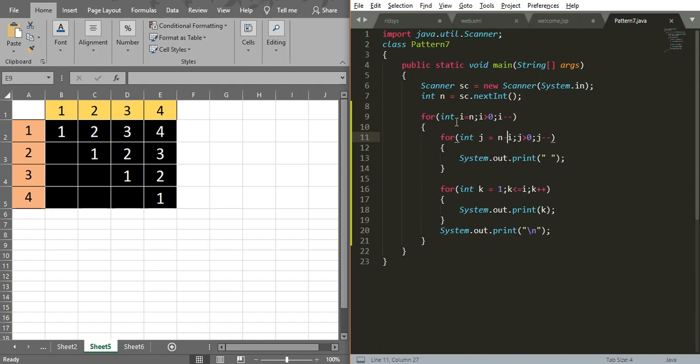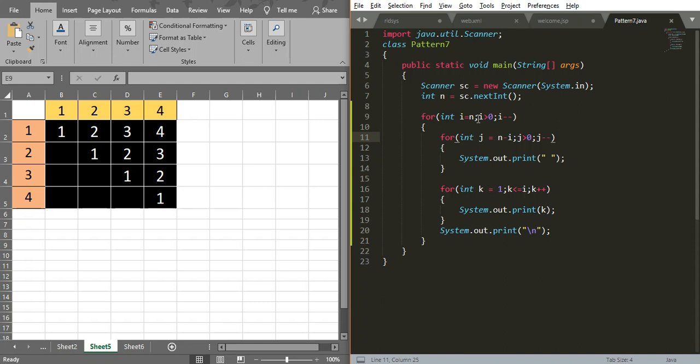Again I have corrected the program. Sorry for the inconvenience. Initially I am initializing the variable as i equal to n, so I will get 1 to 4 columns printed on the first row. I am writing the condition as i greater than 0, i minus minus. In the inner loop I am initializing j equal to n minus i.